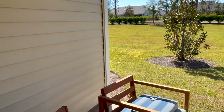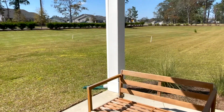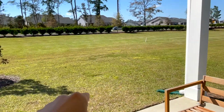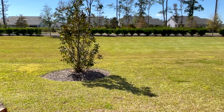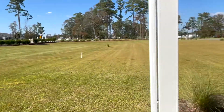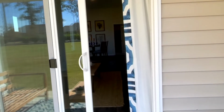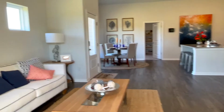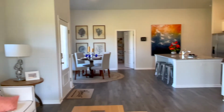D.R. Horton can also add an extra pad for you here if you catch them early enough in the process, right there in the back. Or you can do it yourself after as well. And the nice part about these duplexes here is you can actually fence in your yard, which is super rare for a townhome. Most townhomes won't let you do that, so you kind of get the best of both worlds. No outside maintenance, but you still get a yard that you can fence in and let the dogs out in,